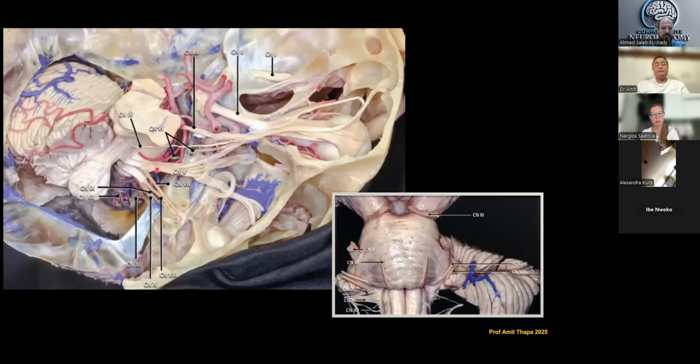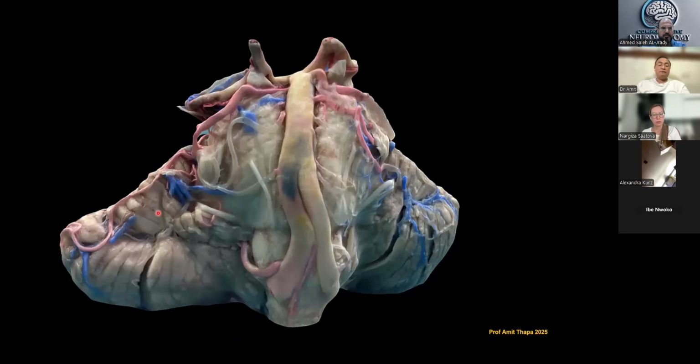However, cranial nerves 5, 3, 4, and 6 travel through the middle fossa, and then the 7 also goes through the temporal bone. So there will be a lot of traveling of these cranial nerves through the skull base, through which most of the anatomy is explained. And these are also the sites through which we try to explore the brainstem from the front as well as from the lateral aspect. Now, coming to the vasculature, the vertebral arteries join